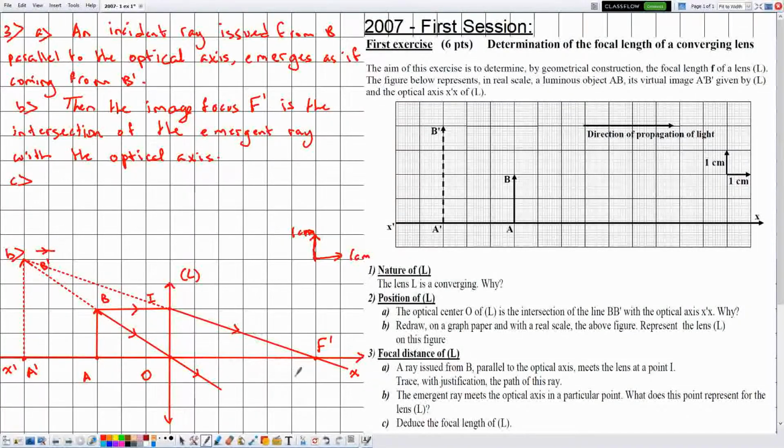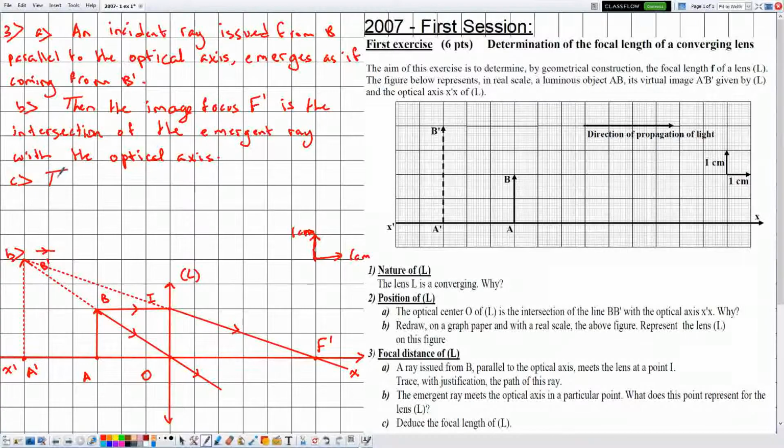Now in part C they are telling me to deduce the focal length of L. Okay, so now after we have determined the position of the image focus, we can deduce the focal length. Why deduce? Deduce means that we need to use the part just previously before, and in that part we have determined the position of the image focus, and now we can deduce the focal length from its definition, which is given by